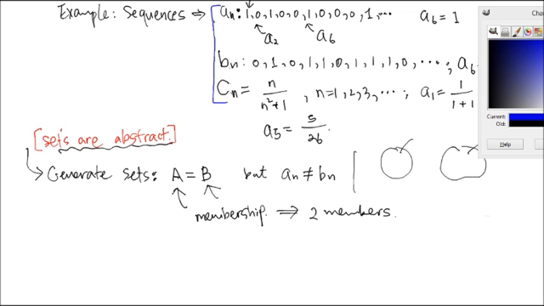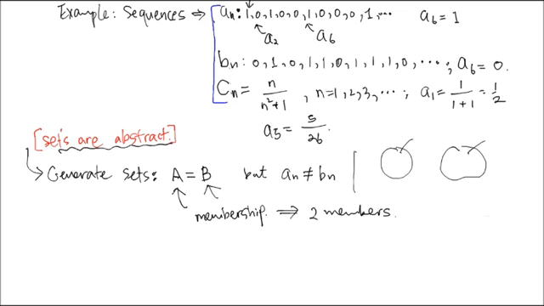Is it easy to answer the question, is the set generated by the sequence finite or infinite? It's easy for An because we know what this dot dot dot means, right? 0 and 1, two members. Finite set or infinite set? An as a set: finite set, two members. Bn, finite set or infinite set? Finite set, only two members are there. Cn,